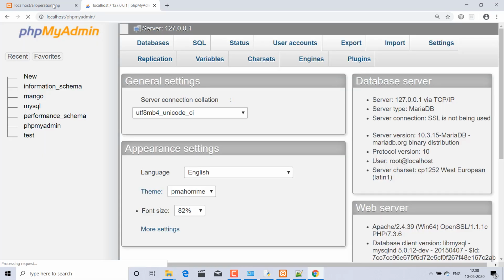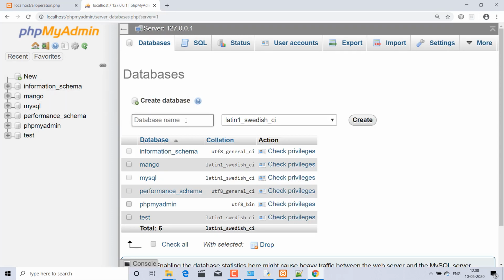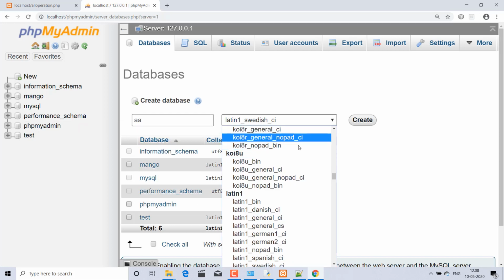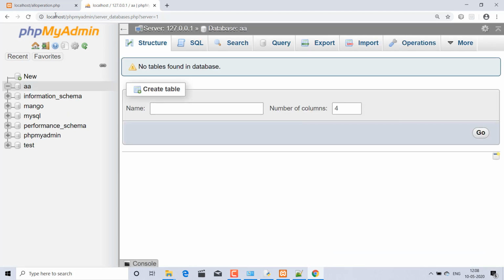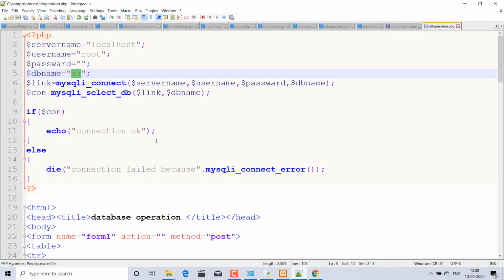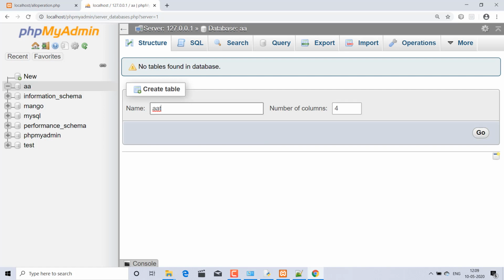Just in a few seconds, go to new database, or you can press here, or you can start from here, and here I just click database name, that is AA, and go to general ci, where is general ci? Okay, create, and for the table name, just copy from my script. What is the table name? AAT, just copy this AAT, my table name, and put it in the table name input. And how many columns?